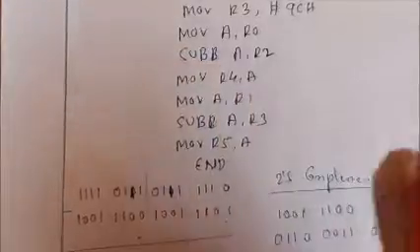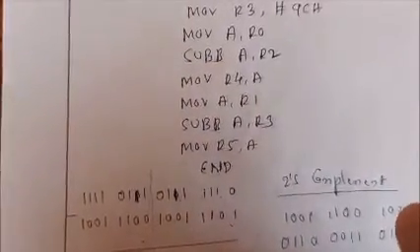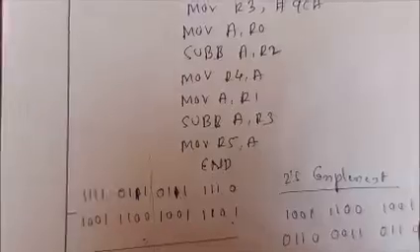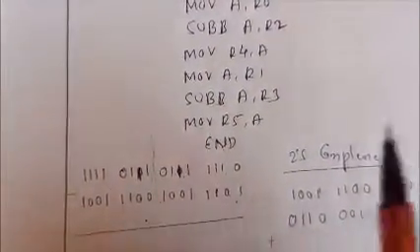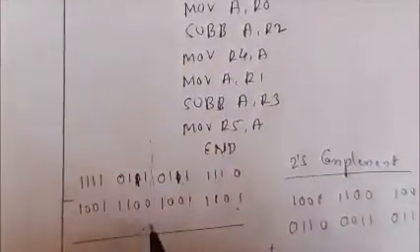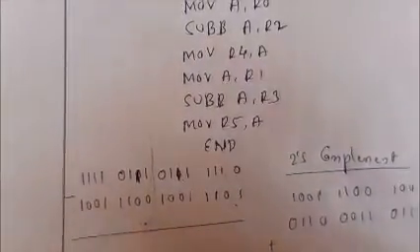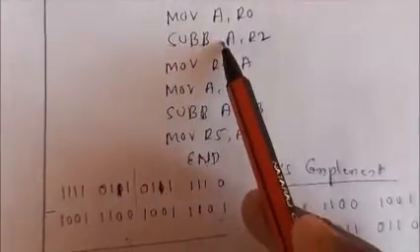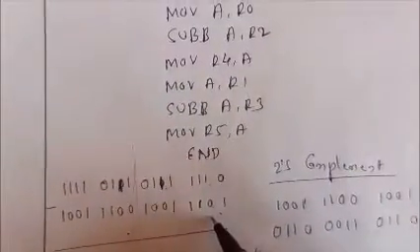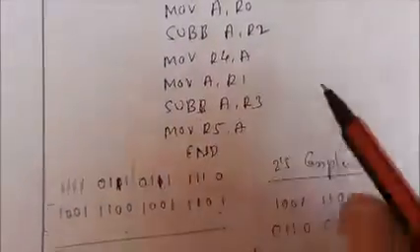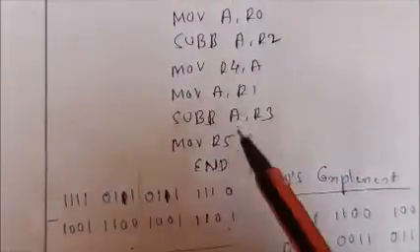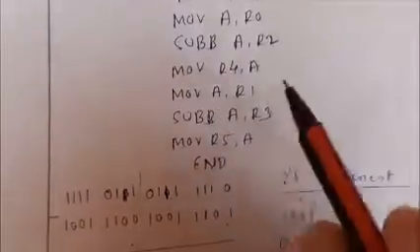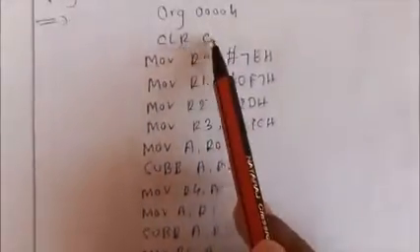But in addition two instructions are there: one is ADD, and one more is ADDC, addition with carry. Without carry we can go for ADD, and with carry I need to use ADDC. But in subtraction only one instruction, subtraction with borrow, is there. So if there is no borrow, first I need to clear it, because I can't perform two operations with only one instruction. For that, first I will clear the carry flag.